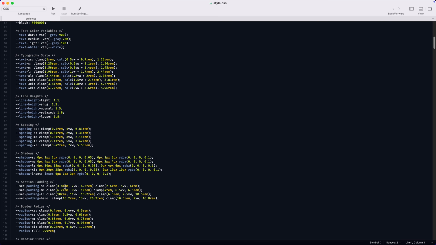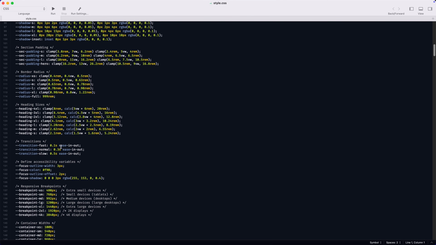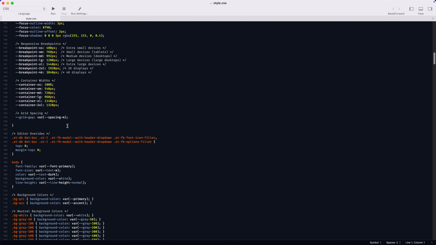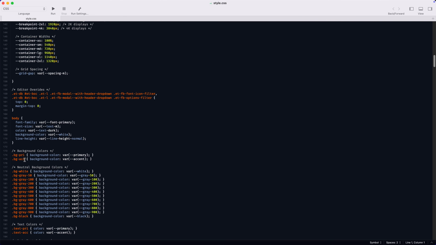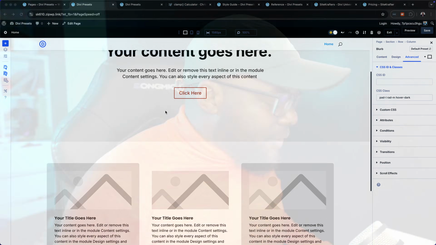Now, do you see how extensive this is? This has so much going on. We even have transitions here. We have heading sizes. In fact, I demoed this a moment ago, the radius. We demoed that a moment ago. So as you can see here, this is really amazing. Okay, we have our background colors here. You can see BG Pri will give you your background color for your primary color, your accent color, and so on. So this is a very, very extensive framework,